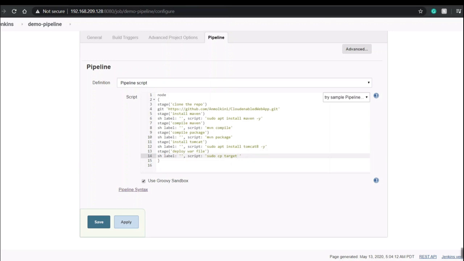Jenkins is a single platform that runs the entire pipeline as code, and all the standard jobs defined by Jenkins are manually written in one script. That is what you're going to see. And also, instead of building several jobs for each phase, you can now code the entire workflow and put it in a Jenkinsfile. Inside, sudo cp target/cloud-enabled-web-app.war /var/lib/tomcat8/webapps. So all this generated pipeline script is inside here in the script. We'll just have to save.